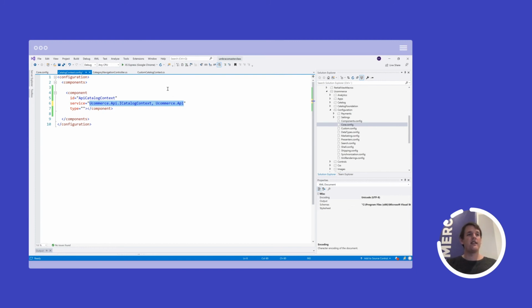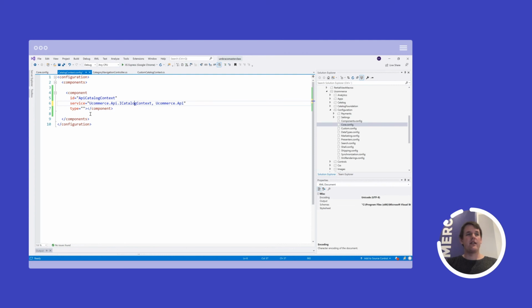In most cases, it's an interface, but it can also be an abstract class or a type on its own, for that matter. So that's what we register in the type here, in the service right here. The service is basically just namespace, type name, assembly name. That's how you register a type in .NET. It's not specific to Castle Windsor, that's just the type specification.